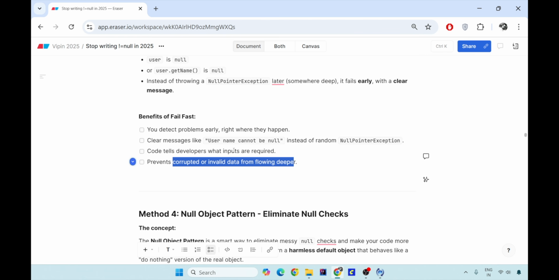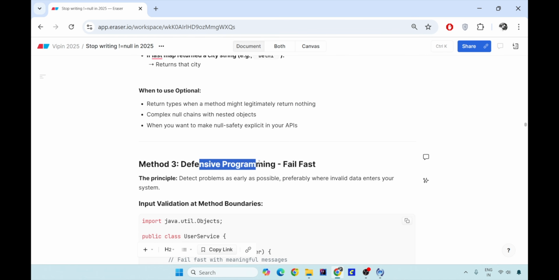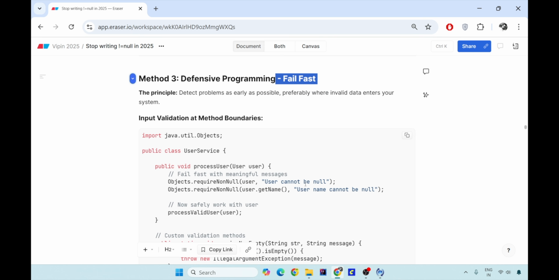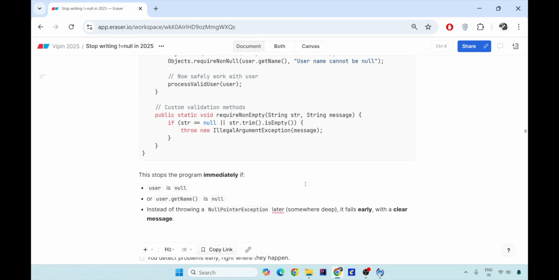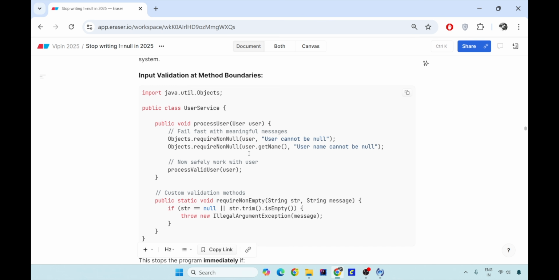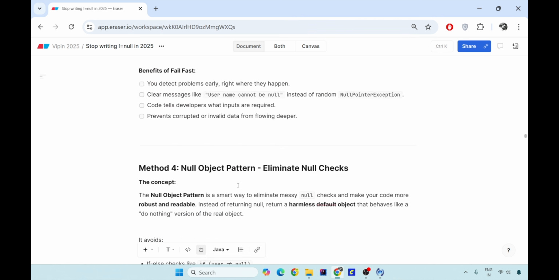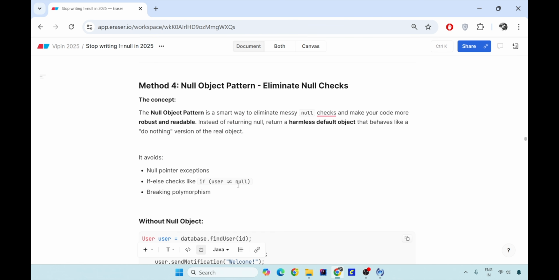So this is the defensive programming or the fail fast programming, that as soon as you get something null, you send an exception, not the null pointer one, rather than waiting for any of the attributes of that null to be fetched inside the very deep code logic. Now there's a fourth method also. Now you would say after this method explanation that this fourth is a boilerplate code. I do not want to do it. So it's completely your choice. It's just a design pattern.